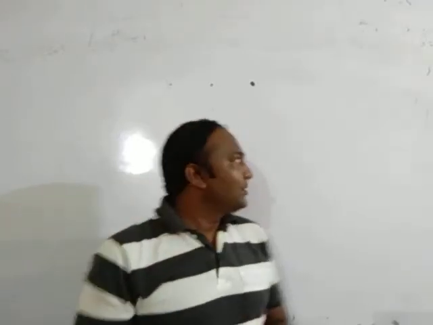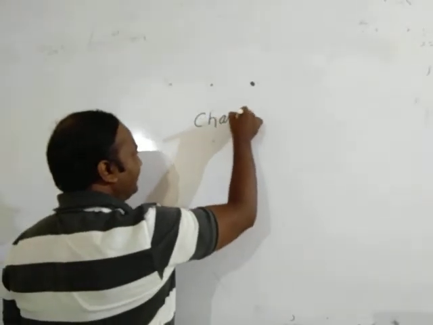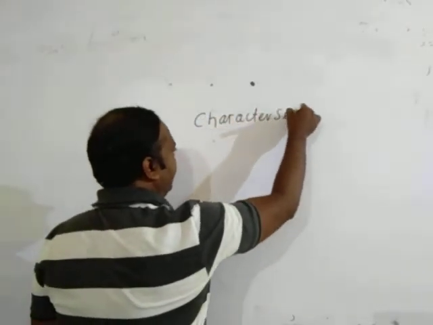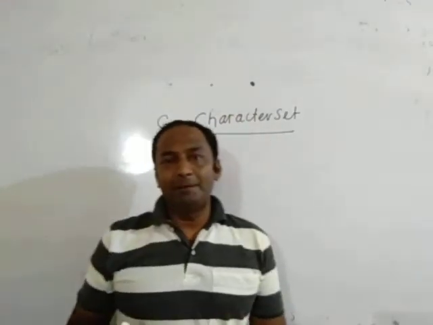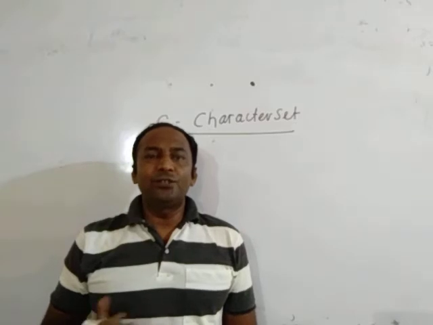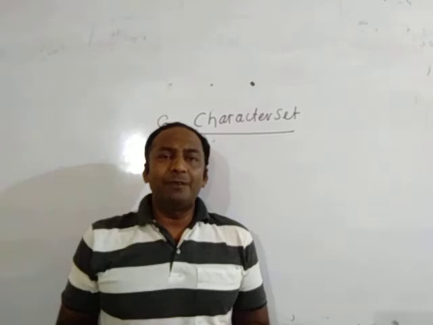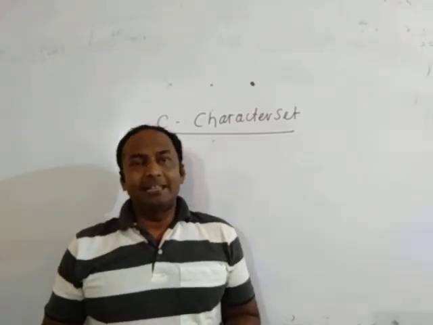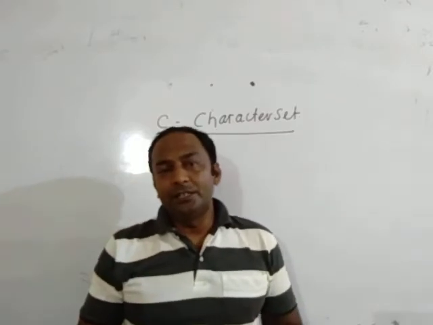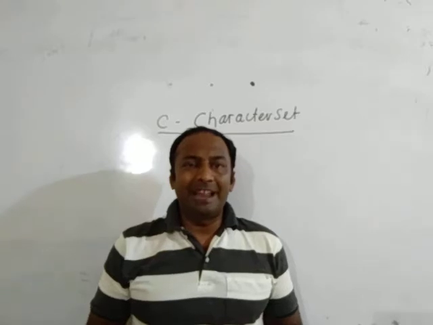In this class we will discuss C character sets. So first let us learn about the C character set. What types of characters are used in the C programming language? You know that there are mainly four types of characters present. There are different types of characters present in the keyboard: it contains the alphabets, it contains the digits or the numbers, it contains some special symbols, it contains blank space.